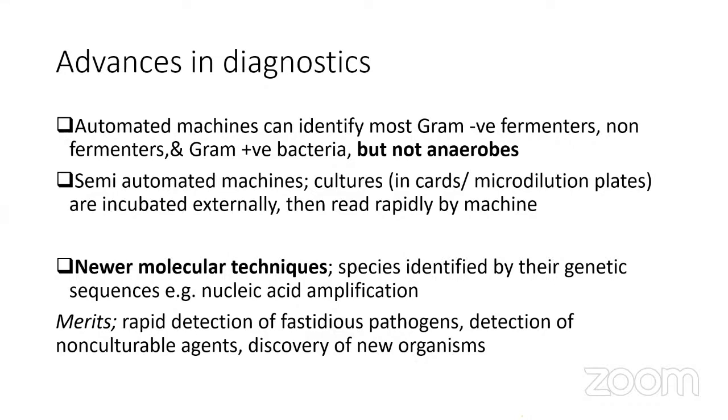You remember we said certain bacteria require very special environments to thrive. You can have a negative culture simply because you didn't give it the right environment. But for instance, the BioFire can detect even those fastidious pathogens. There are certain organisms that are very hard to culture, like chlamydia and Borrelia. But the molecular techniques in these newer machines can actually pick them up. And also new organisms can be discovered, or new strains of the same old pre-existing bugs can also be discovered